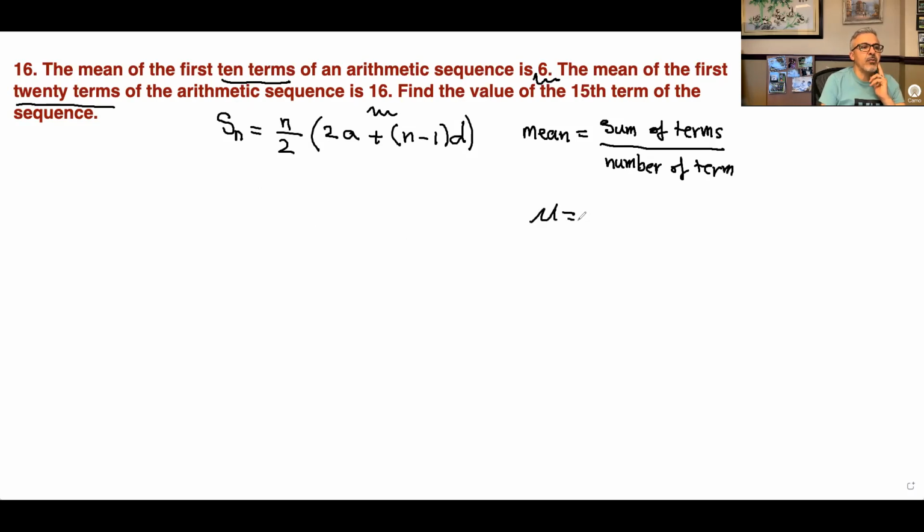Let's call it the mean equals the sum of terms. And this is the sum of terms right here, which is n over 2, times 2a plus n minus 1 d, all of that over n. And believe it or not, this n and this n will cancel. You could put this over 1, change it to multiplication, becomes times 1 over n, and then the n's would cancel. So basically, the mean becomes